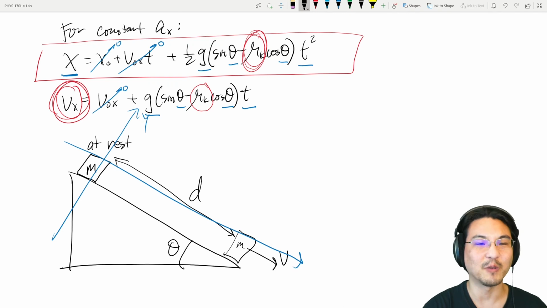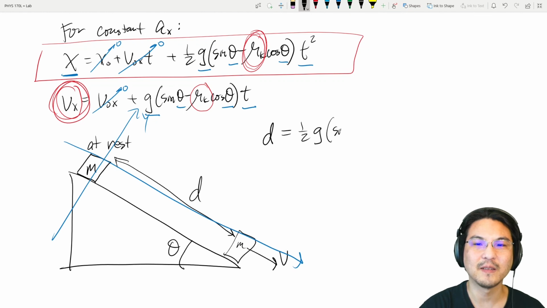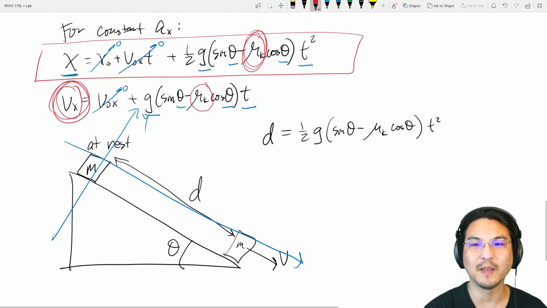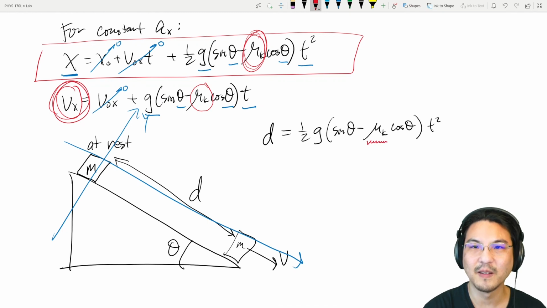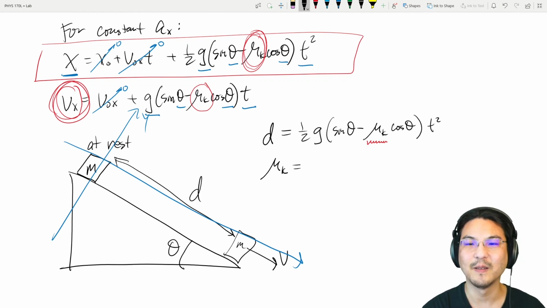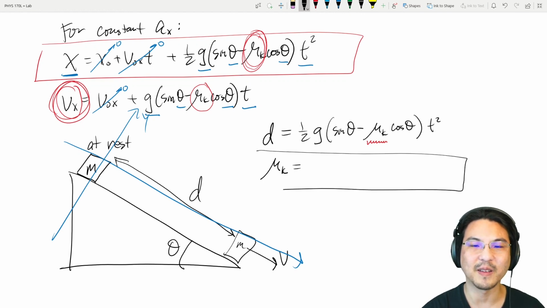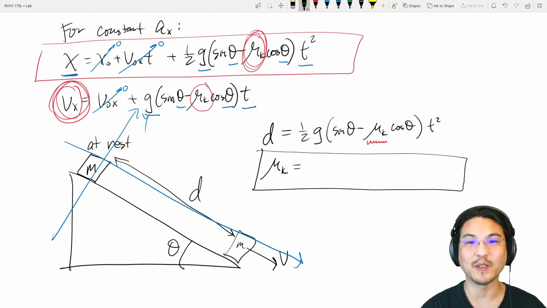So let me just rewrite it. It looks kind of messy, right? So here was the final distance d, and then we cross that out, equals 1/2 g sine theta minus mu k cosine theta, t squared. And the only unknown is right here. So solve for mu k in terms of everything else: d, theta, g, and time t. And this is how you compute the coefficient of kinetic friction